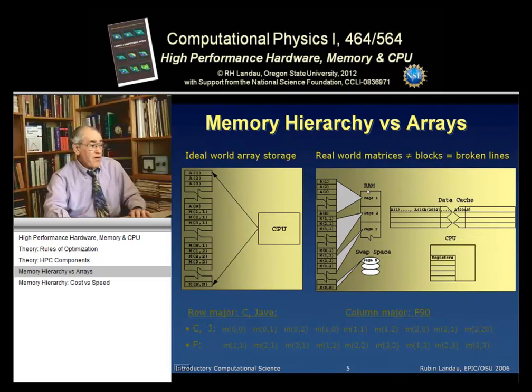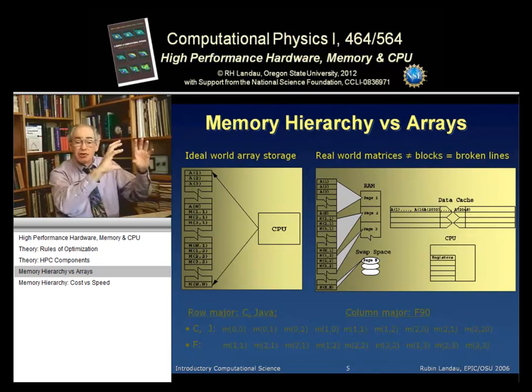Okay, so first we have RAM, random access memory. So this is the fast memory, the central memory on a computer that can be accessed randomly by the central processing unit. So it can get to any piece of it at once. But when you say, let me store matrix M in memory, let me store vector A in RAM, it all doesn't get stored. What gets stored is a page at a time. So the computer will